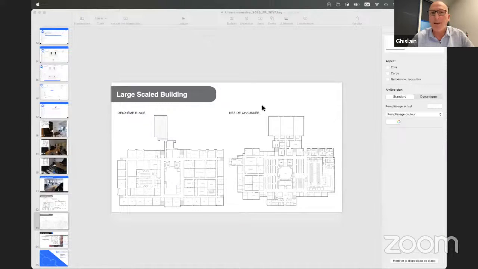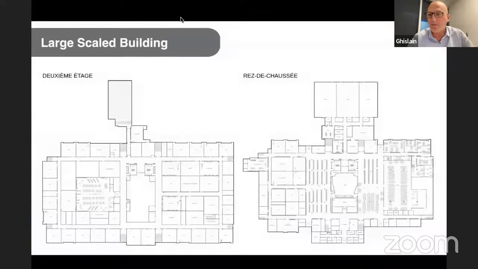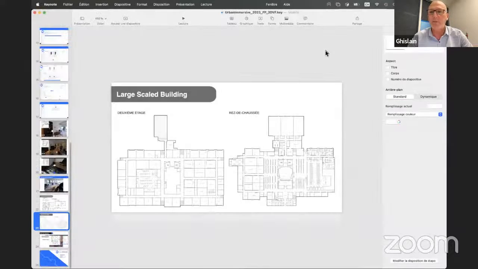Particularly with large environments where you have so much data, and keep in mind that we're potentially one of the best platforms right now for those kinds of floor plans. The tool that I'm showing here took 5 hours to scan with the video fusion. So you can imagine that if you do it with the video recording, the data you have is just